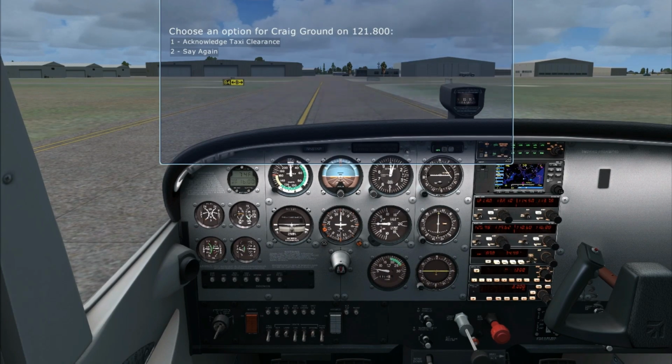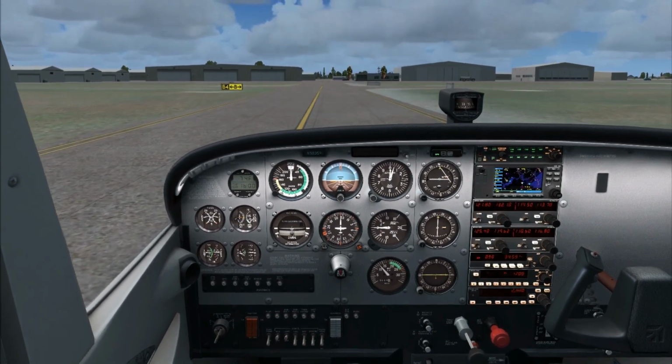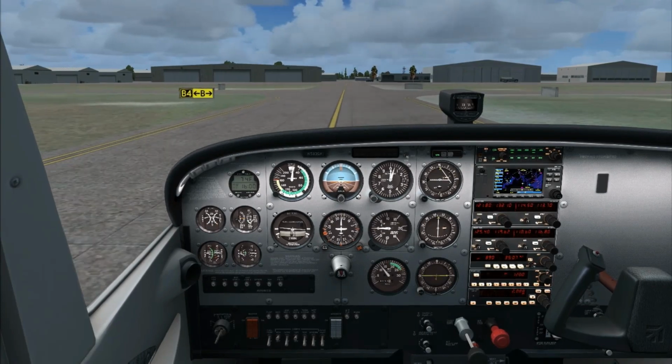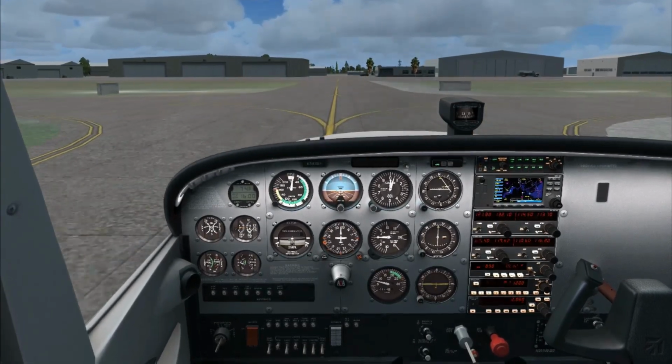5830 Papa. I'm not really sure how that happened, but strobes off, landing light off, taxiway. Just find a parking spot. I do usually taxi a little bit